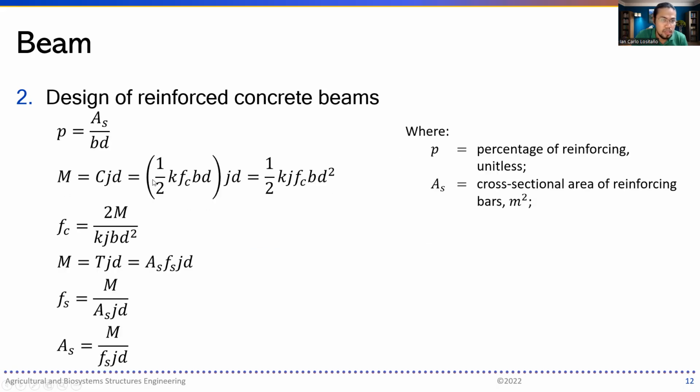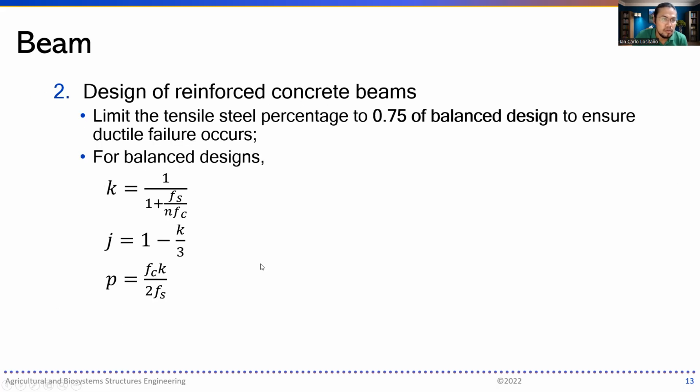Then you have your moment, C jd, compression, and simplifying it becomes 1/2 k j fc b d squared. The compression force is 2M over k j b d squared. The moment of the tension is as shown. The final Fs is M over As jd. Let's try to solve this for